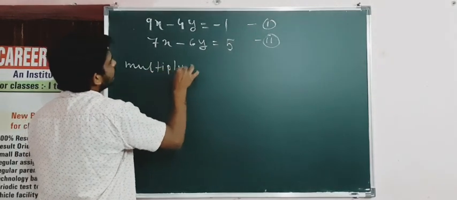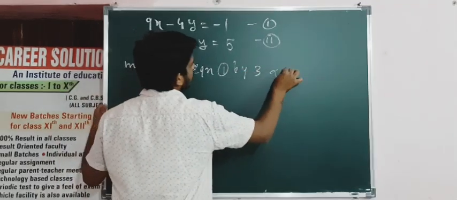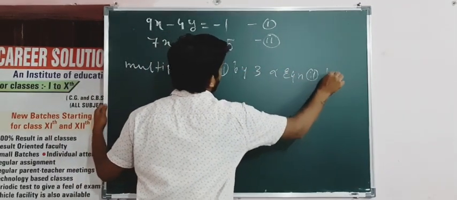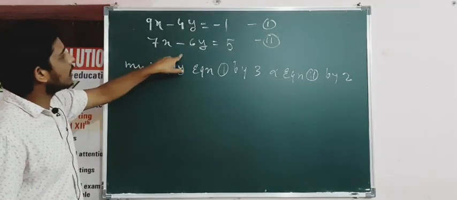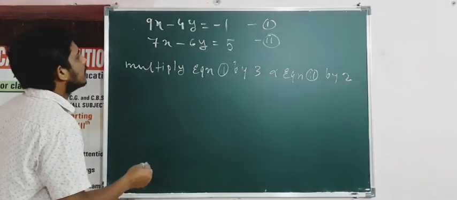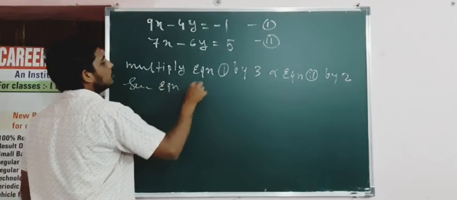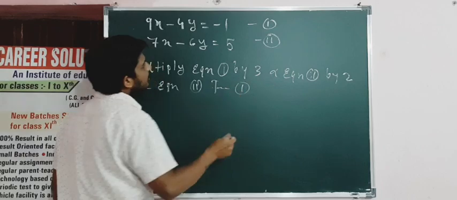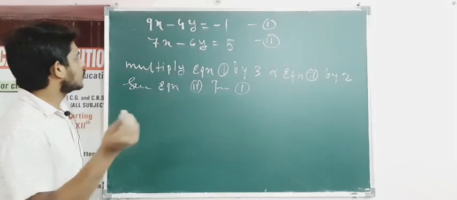So what we will write? Multiply equation 1 by 3 and equation 2 by 2. Both the variable in both the places, variable of y is having negative sign, so again same sign, so subtraction will be there. Okay, multiply equation 1 by 3 and equation 2 by 2. Subtract इक्वेशन 2 फ्रॉम 1. इस बार मैंने 2 से 1 को सब्सट्रैक्ट 1 से 2 को सब्सट्रैक्ट कर दिया. पिछले बार 2 से 1 को किया था. कुछ भी कर सकते हैं.